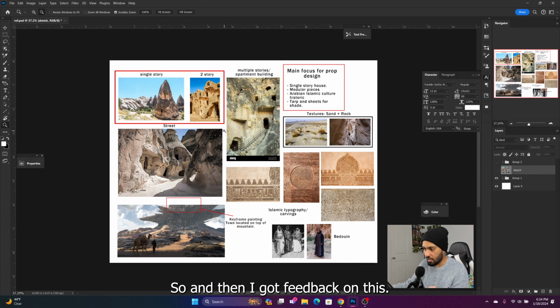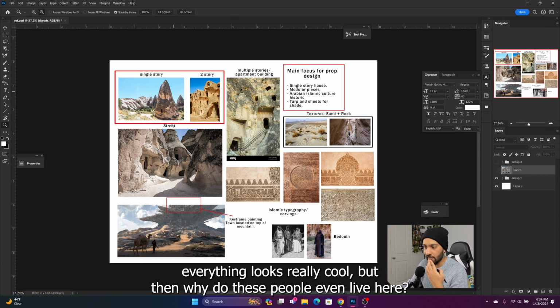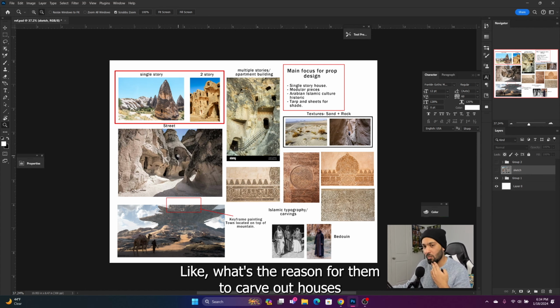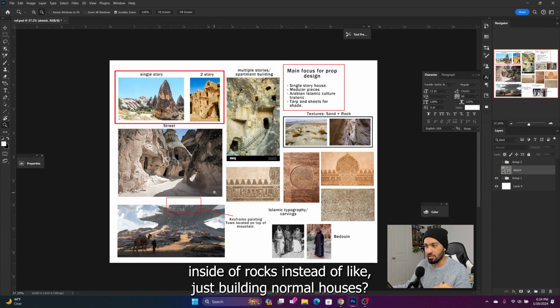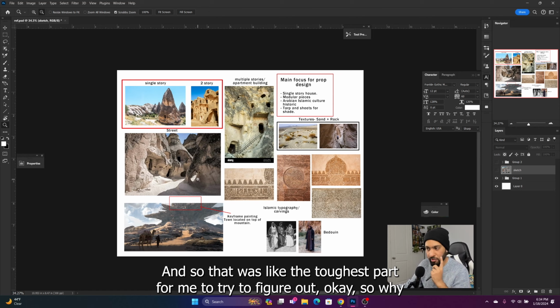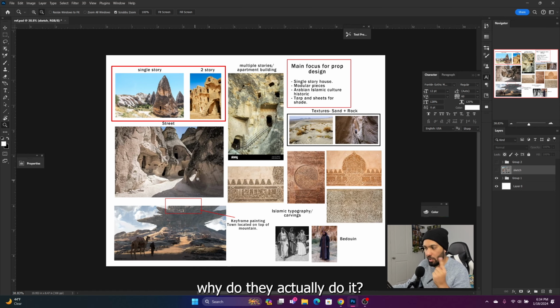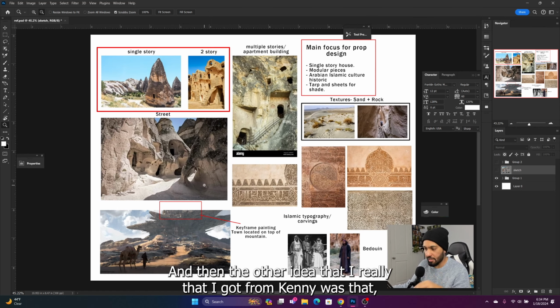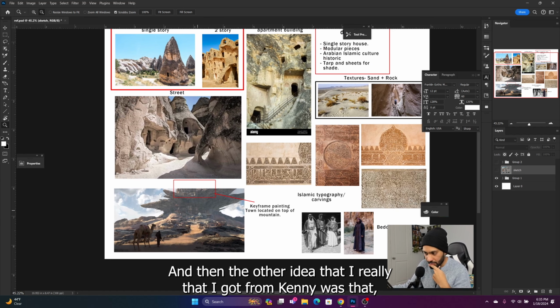And then I got feedback on this. We talked about, okay, everything looks really cool, but why do these people even live here? What's the reason for them to carve out houses inside of rocks instead of just building normal houses? That was the toughest part for me to figure out, okay, so why do they actually do it? And then the other idea that I got from Kenny was that, the structure that we were looking at,